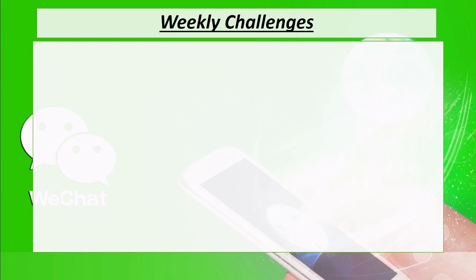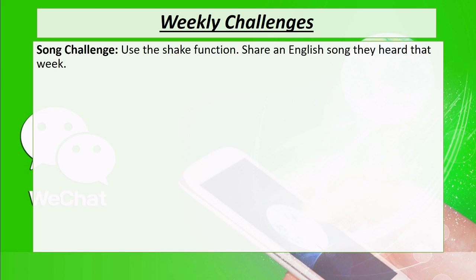Now, with the group chats, teachers often have a group for their students, and we do weekly challenges. So these are just an example of 8 activities that you can do with the WeChat groups. One is called Song Challenge. On WeChat, there is a function to shake. So if you hear a song in English outside, you can shake your phone, and it will tell you what